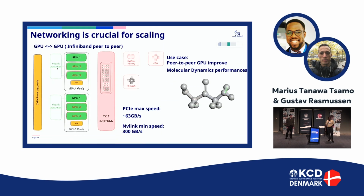That's basically what is at stake whenever we're talking about GPU to GPU, peer-to-peer GPU, or RDMA, for the ones who know, remote direct memory access. And whenever you have GPUs in distributed environments, so I mean different nodes, whenever they have to communicate, here the example of the coordinator would be the PCI Express, which is the legacy system. It was quite fast, but not up to the quality that we want,